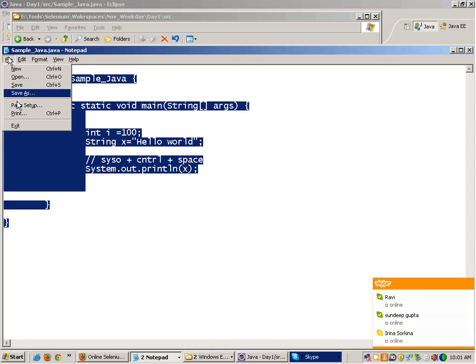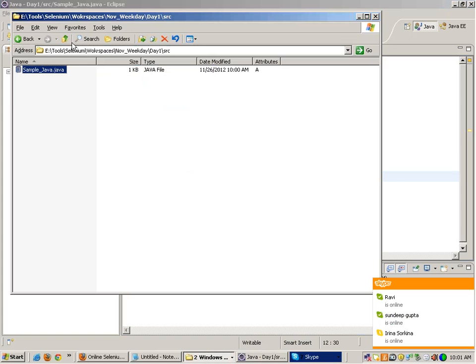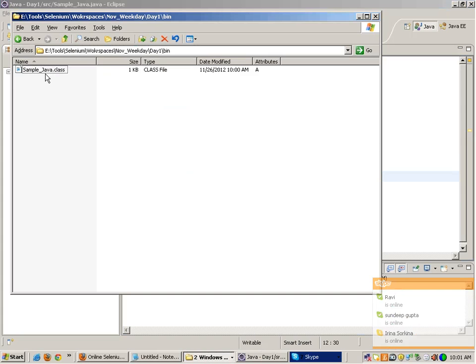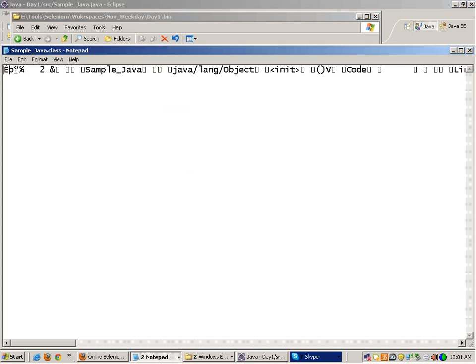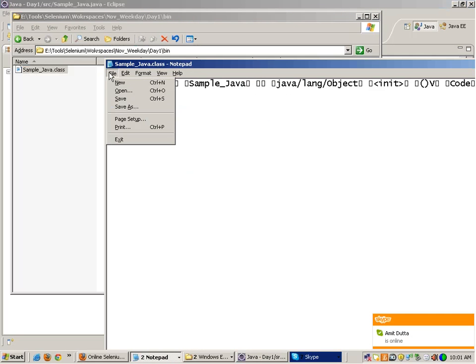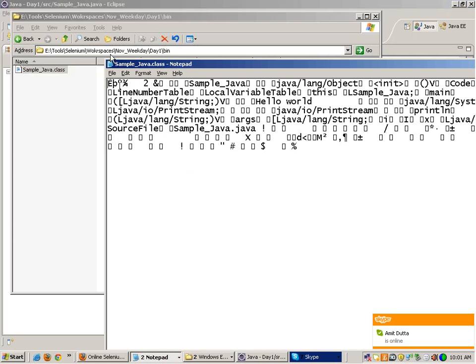Okay, and corresponding to the Java file, in the bin folder, there is a file generated. It is a .class file. Its extension is .class. If you open this, you will not be able to understand what is written inside this file. Okay, it's all jumbled up, right? So